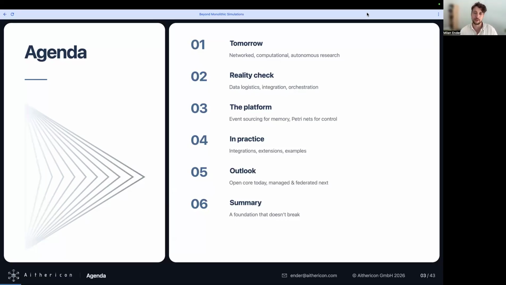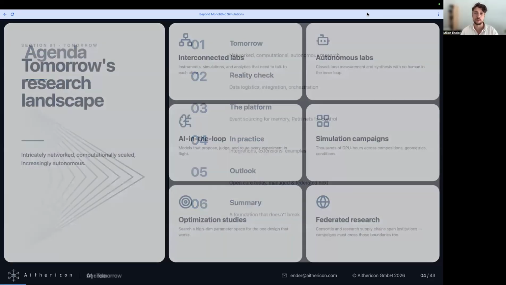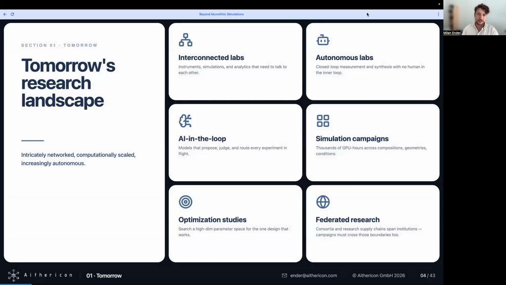And then I brought to you some kind of new architecture that I've been working on quite intensively, how we can build a real nice orchestration system that can handle all these challenges. And we look at this a little bit more in detail and in practice with a short example, an outlook, and a final summary.